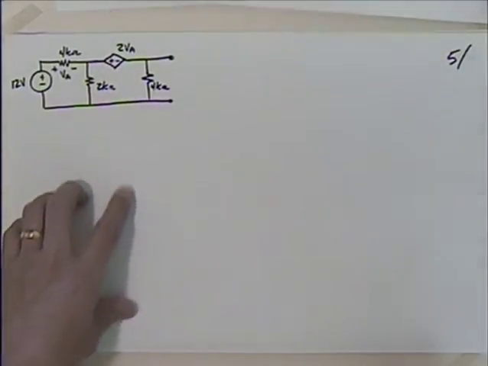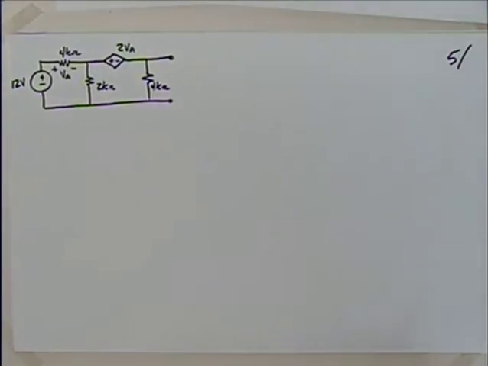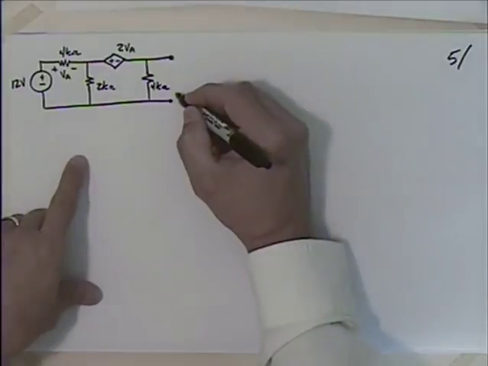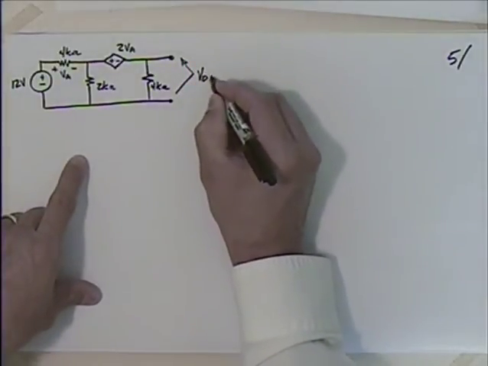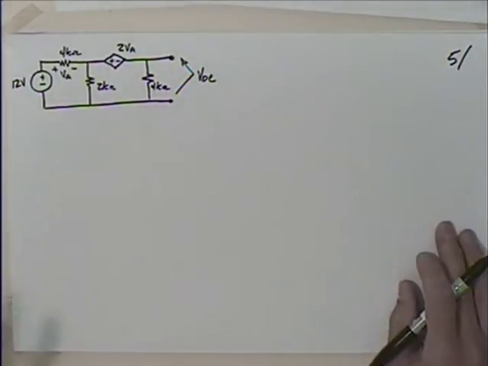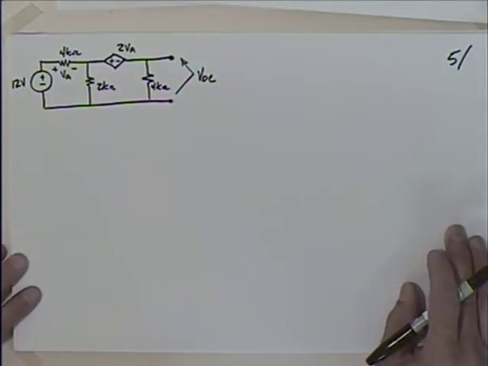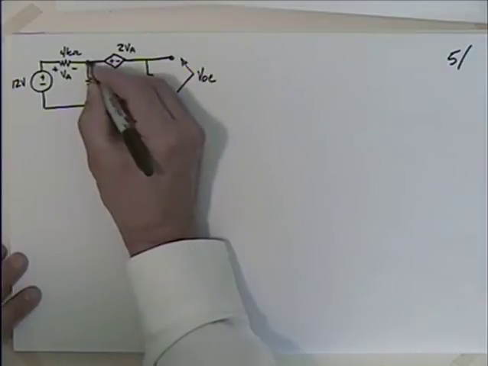And if you're struggling with circuit analysis, these are great problems because you get a lot of practice with circuit analysis. So I would like to find here V open circuit. I'm going to flip the page and we'll find I short circuit in a little bit. But if I try and find V open circuit, what I'm going to go ahead and do is